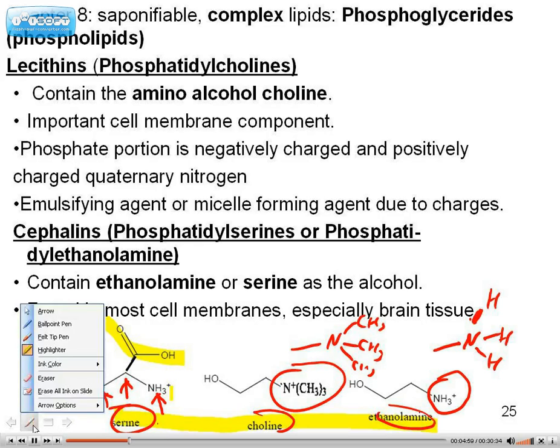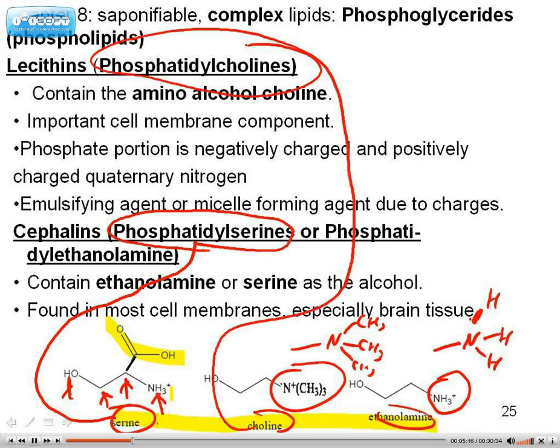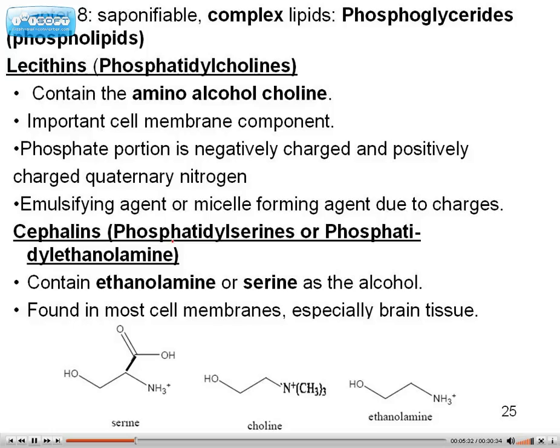This is important because I'll ask you to actually make a phosphoglyceride. If it contains a serine, then we call this a phosphatidylserine. If it contains a choline, then we call this a phosphatidylcholine. And finally, if it contains an ethanolamine, what do you think we call it? Yes, a phosphatidylethanolamine. You have to memorize their general properties. These are essentially